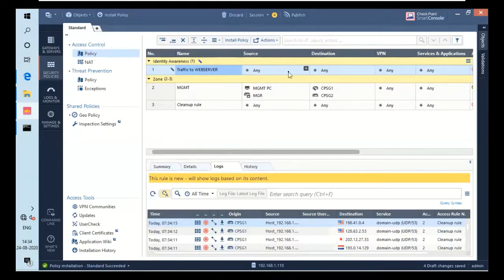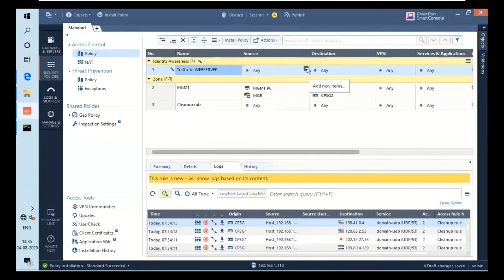We have to create an access rule object. To create an access rule object, there are a couple of methods. You can go here, you can go here, you can go at the right side of the objects and create a new object. You can go the top one, which is right here, or you can just click on plus. That will also do the same thing. So I will go for plus because it's near, right?